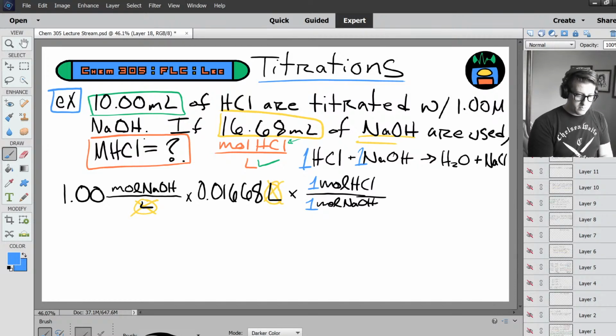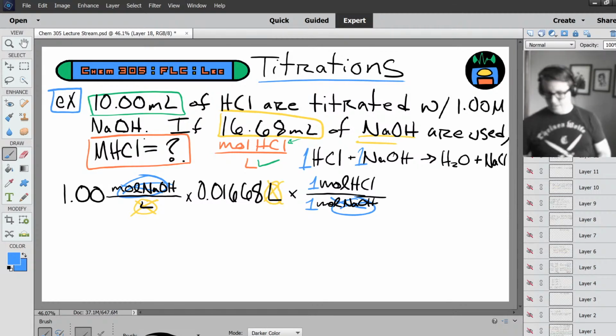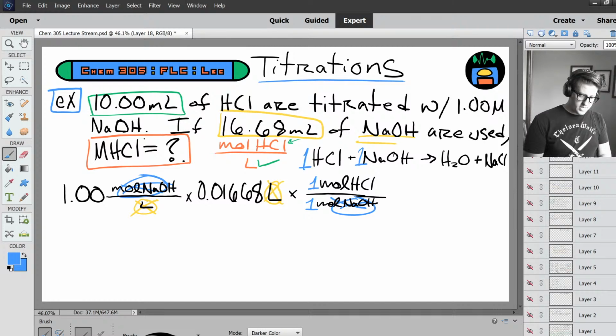All right, so moles of sodium hydroxide cancel moles of sodium hydroxide, and we are good and ready to crunch our numbers. So we have 1 times 0.01668 times 1 divided by 1 gives us, let's see, 0.0167